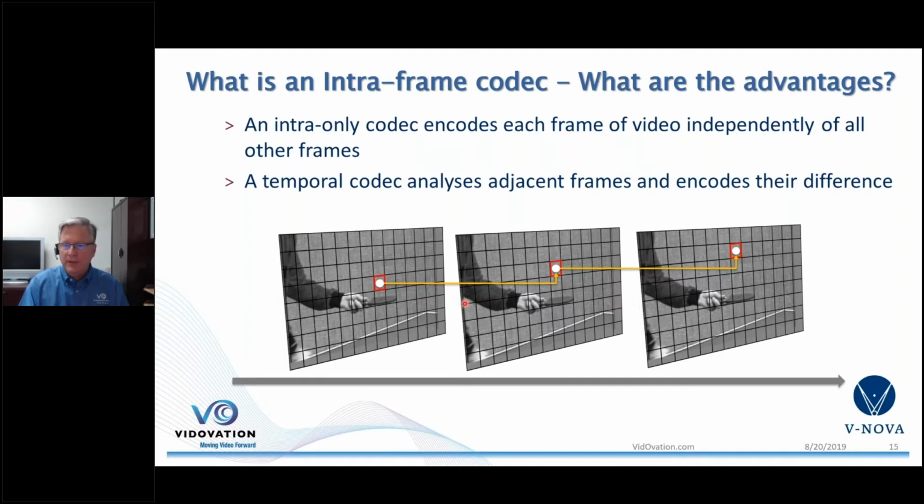Well, in an MPEG format or a temporal codec, you might start seeing some motion artifacts around the moving object, some scalloping of the leading edge of the moving object, whereas you won't see that in an intra-frame